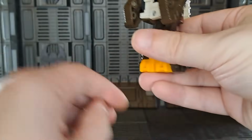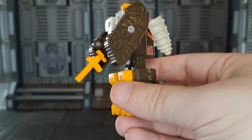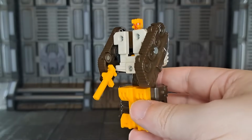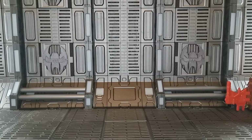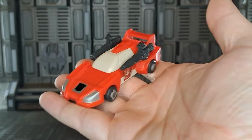His weapon, he does also have a pistol. All of them have little pistol weapons. It's a weird fit because these all peg in sideways, but we do what we must because that's G1 engineering, right? So, we put him aside, and then we move on to Lightspeed, one of my favorite toys as a